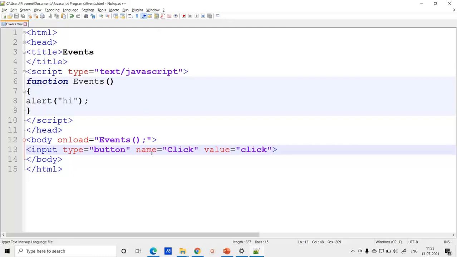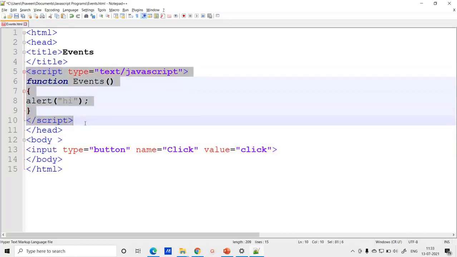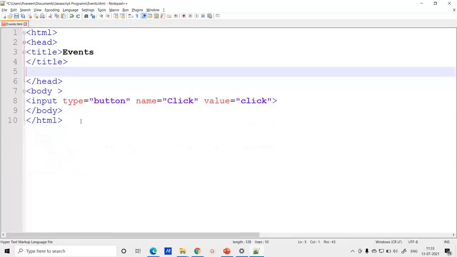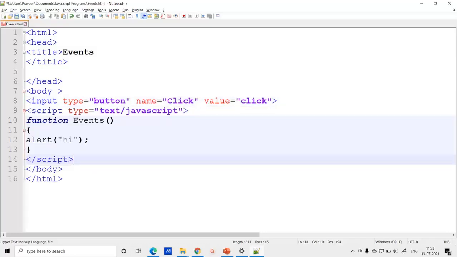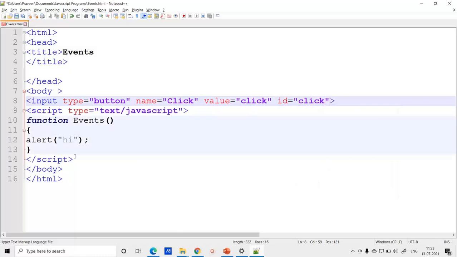So these are some of the examples of how you can call the method in JavaScript with the help of events. Now, there was one more method, using the property of JavaScript. How is that done? For that we need to write this JavaScript code in the body tag. In the body tag I can write the JavaScript, and I'll give the ID as click, and here instead of this method I can directly write in the script tag